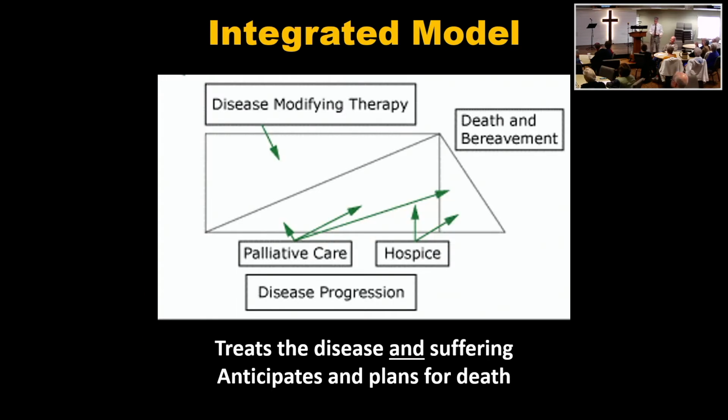Now, the model gets a little more complicated, but it's quite simple. Pay all your attention to the rectangle. By the time you get to the triangle, the patient's dead, so you don't have to worry about that. And underneath it says, disease-modifying therapy and disease progression. In the center, there's an arrow. So at the beginning, there's zero palliative care, all treatment. But as the disease gets worse, there's less medical treatment and more palliative care. So we're going to talk about palliative care. Because it's just what it says. You want to palliate the disease.